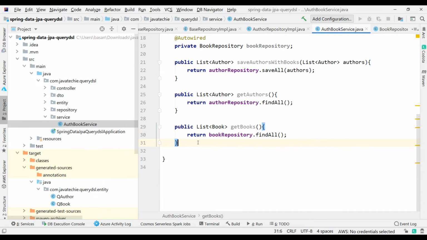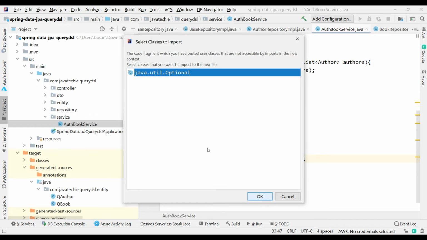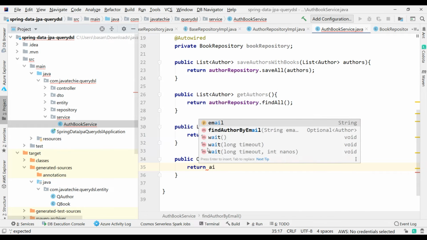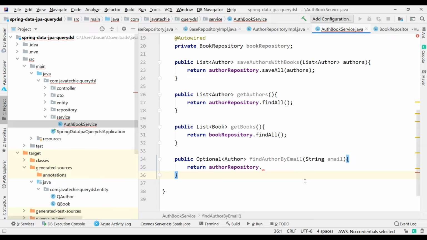Okay, and apart from that, I will write another method to get the author by email. That is what we wrote in our QueryDSL, right? So let me go to the author repo impl. We wrote this method, right? So I will just copy this, go to the service, and write this method. Give the string email, and just return it from authorRepo.findAuthorByEmail, right?